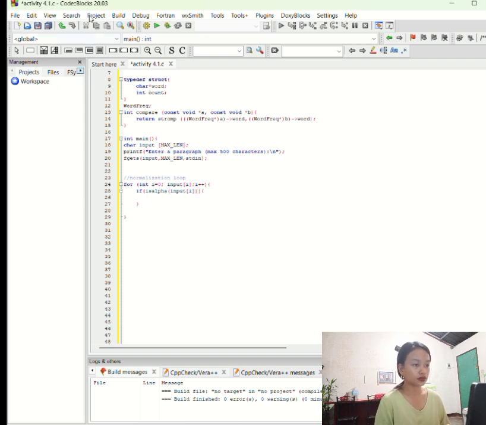Next, I'm going to put input[i] = tolower(input[i]); else input[i] = ' ';